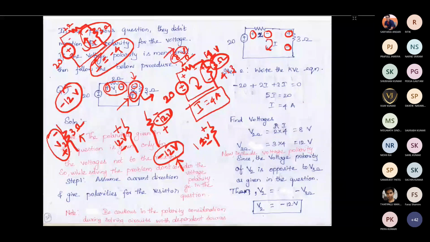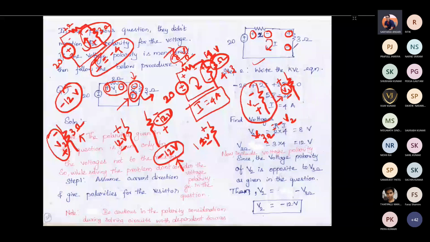Okay, so for this circuit, they have asked the voltage in this fashion, but we have found the current and found the voltage based on the assumption that the voltage is in this fashion. So for this circuit, you find the voltage, then the actual voltage is different from the obtained voltage. Since it is completely reversed, you just consider the voltage across this 3 ohm resistor will be minus of V2 what we have found. Okay, for this the question is asked in this fashion, because we did not consider the polarity given in the question.